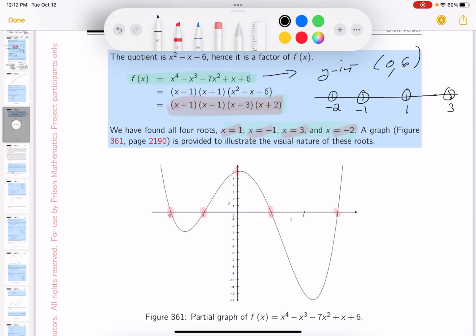Take test points. For example, what's a good test point between here? 0. Plug it in. If you plug in 0 in the factored form, what are you going to get? Negative, positive, negative, positive. What would you get? Positive. So I know the connection between minus 1 and 1 has got to be positive, and it's got to go